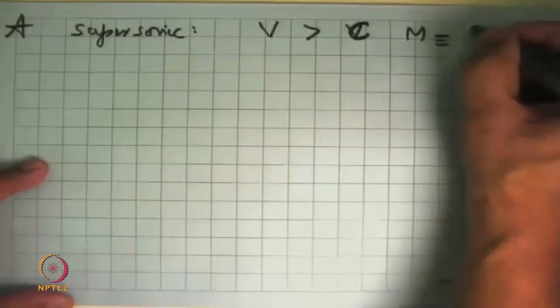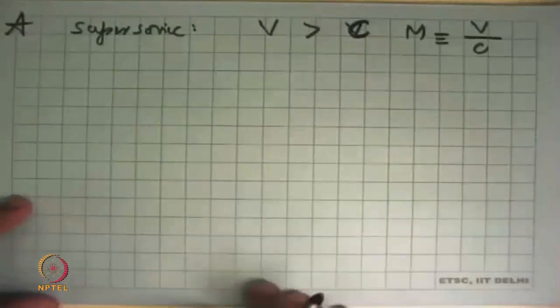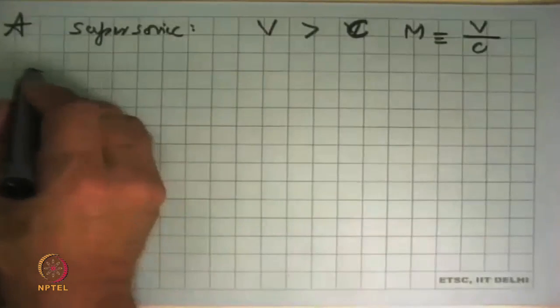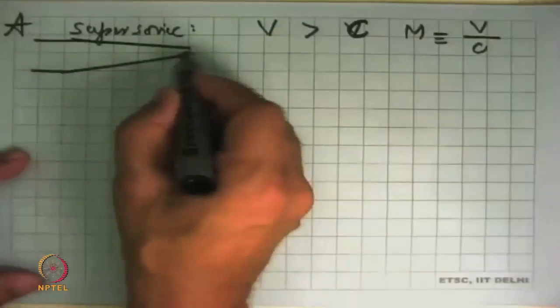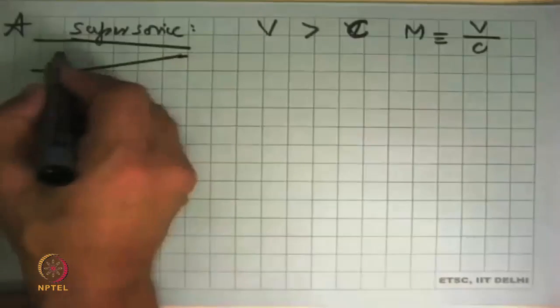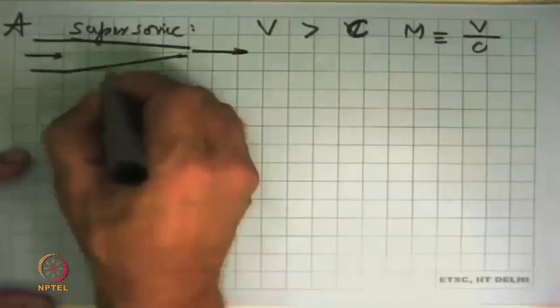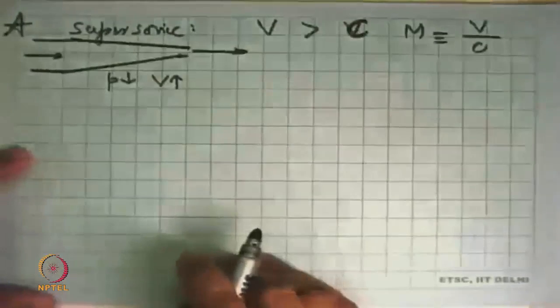So the Mach number, we have defined it as the velocity of the fluid divided by the local speed of sound. Now the reason why this comes up in the context of a nozzle is that if you have a nozzle, which I have drawn like this yesterday, the flow goes in there, it comes out at a higher velocity, so pressure decreases, velocity increases, and that behaves like a nozzle.